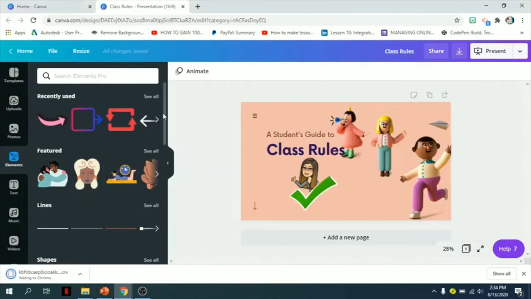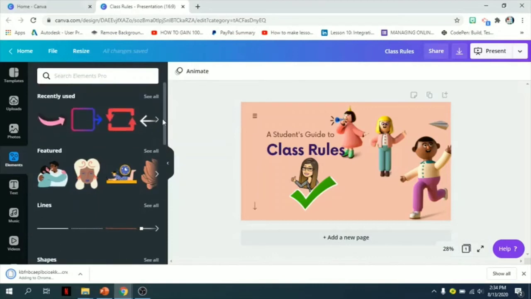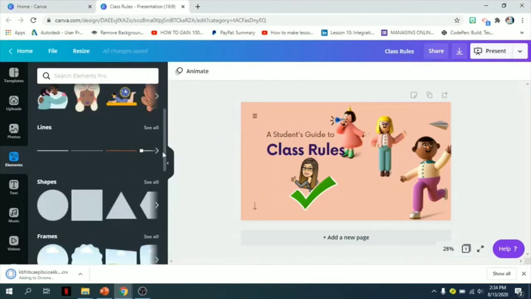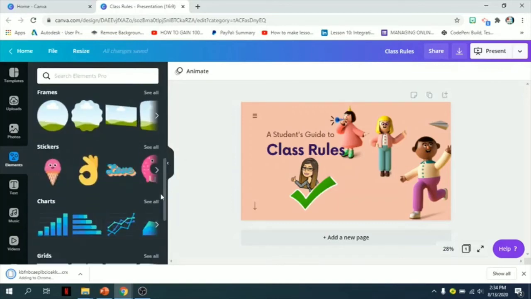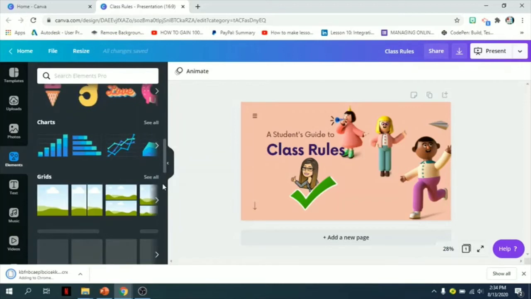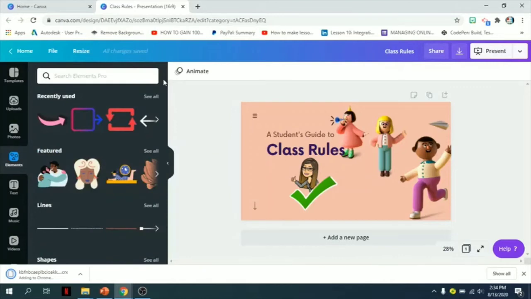Okay, so here's the elements. Okay. So, in elements, merong pong feature, lines, shapes, frames, stickers, and charts. And grids. So, ayan, super dami po niya dito na gusto nyong piliin for your design. Okay, gradients, meron din. Okay. So, now, take note. In elements, as I've said, dito po